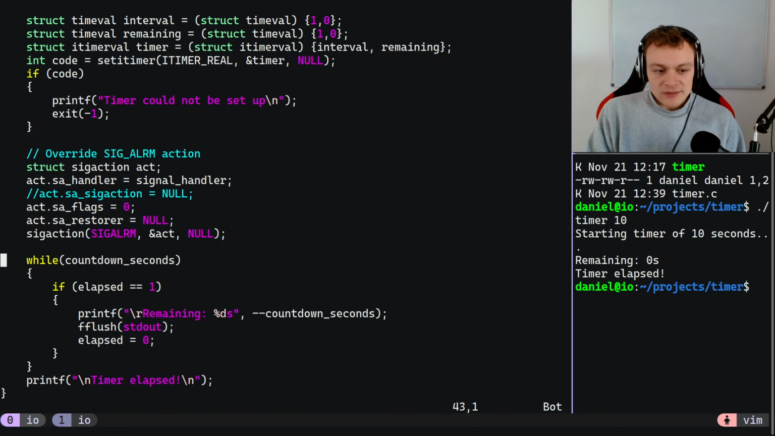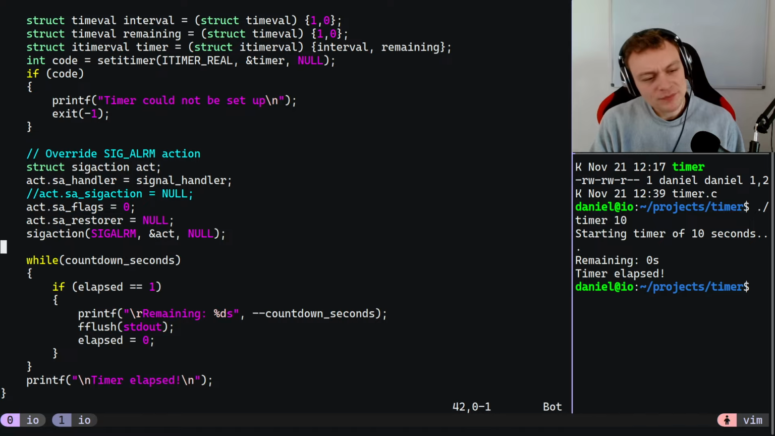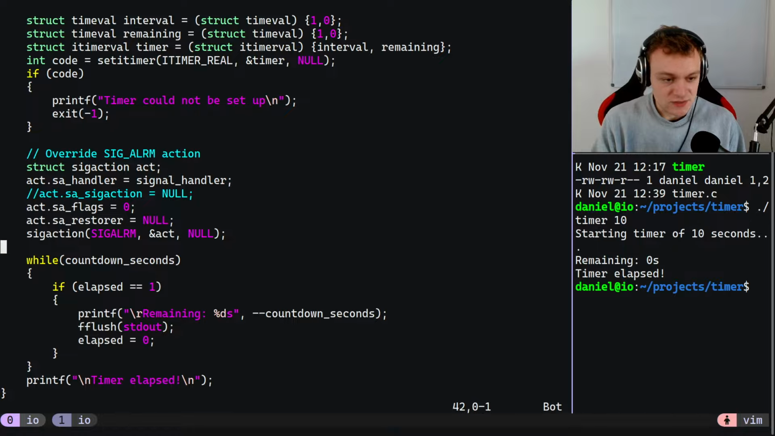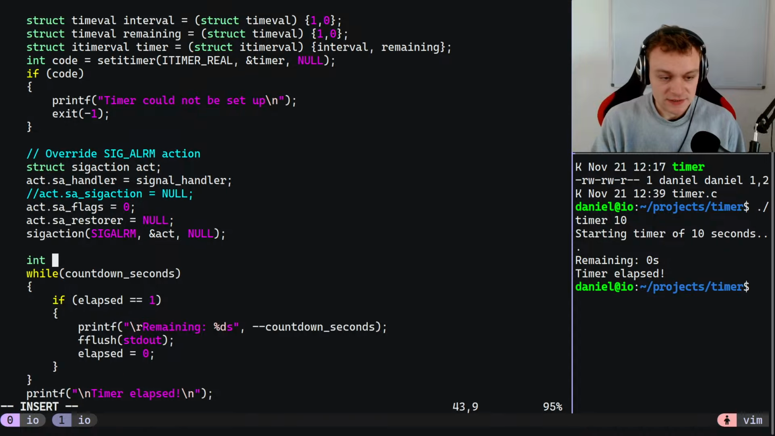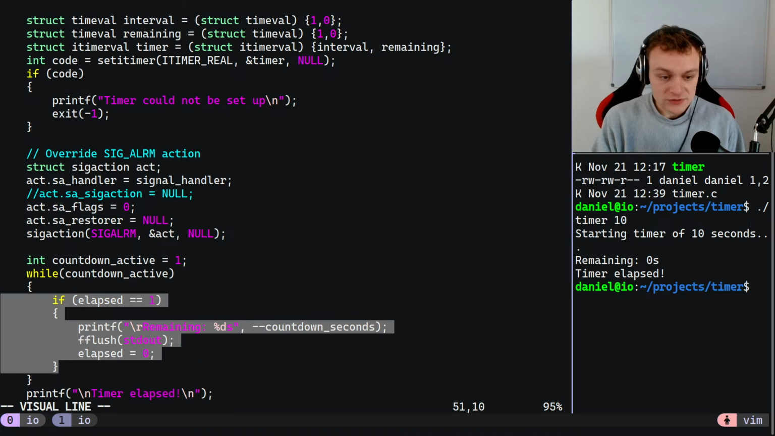So instead of looping over until the countdown seconds are 0, maybe we should loop as long as the countdown is active. And that is true at first. So while the countdown is active, we wait for a signal,